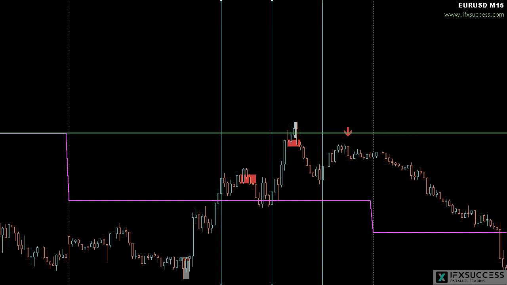Now, I would not be able to tell you that the further away the blocks are from each other, the better it is. That's one of the first ideas. I would not be able to tell you what distance you should enter at. Well, I would not be able to tell you that, but the best thing I can tell you is that